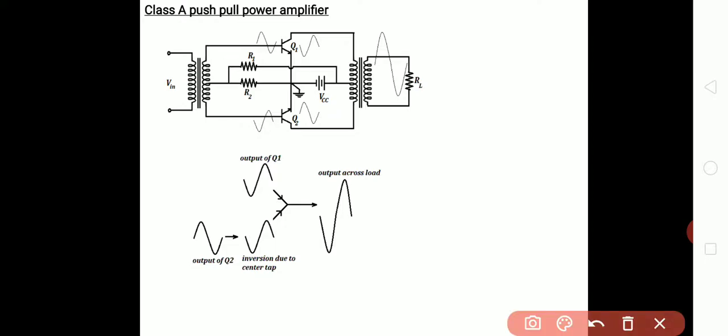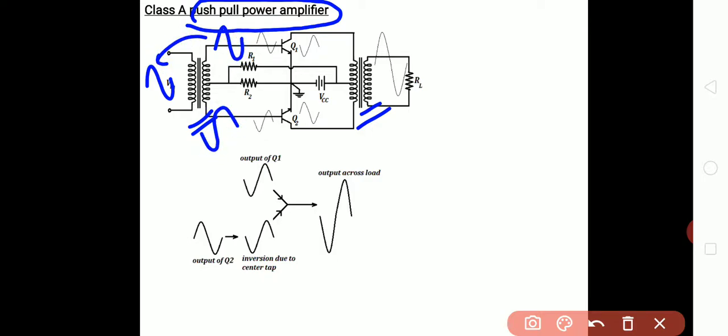These distortions can be removed or reduced using a special arrangement of the amplifier known as a push-pull amplifier. The push-pull amplifier uses two center tap transformers, where the purpose of the center tap transformer is to invert the input signal. The input signal is a sinusoidal signal, and it is split into two parts, where one will be in phase with the input and another will be out of phase with the input,